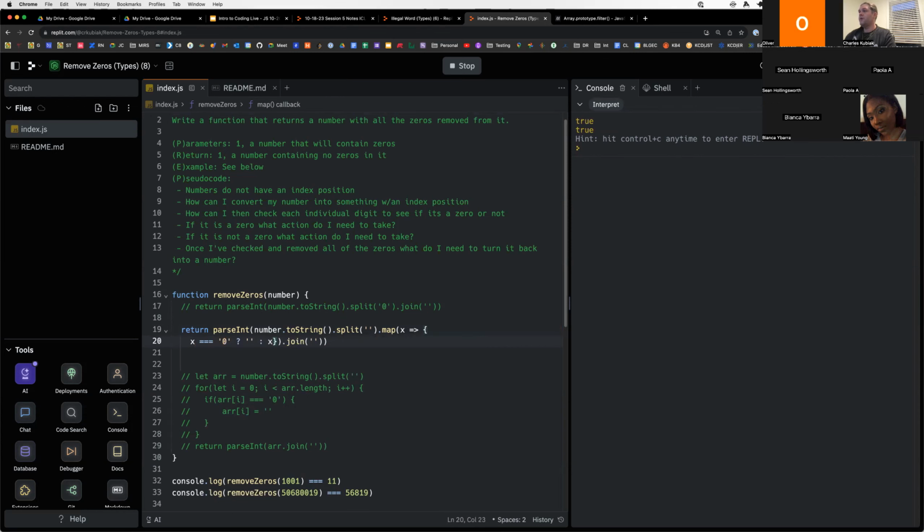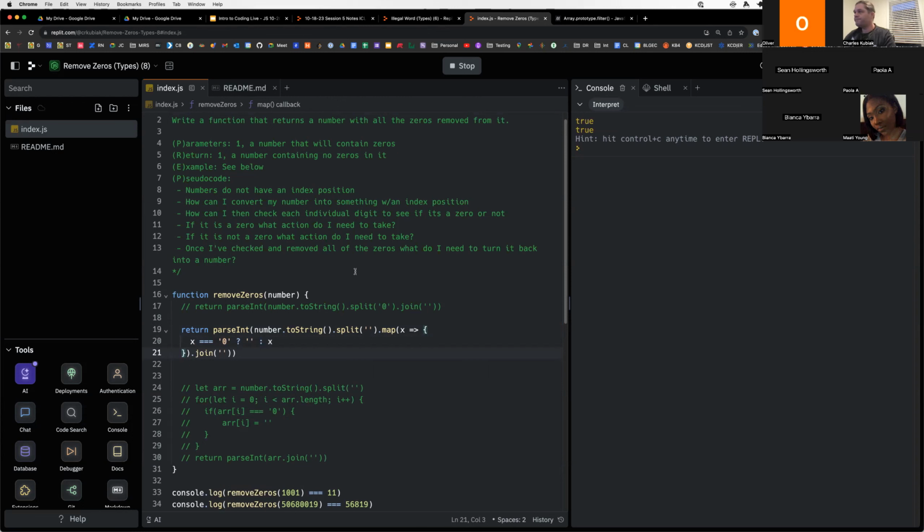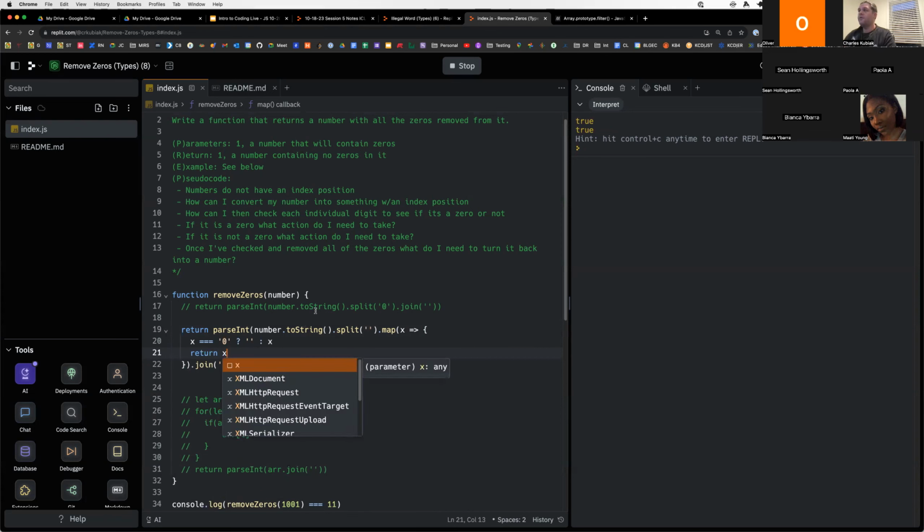Which is basically what I had typed in. Where I screwed up is that when it's on a single line, there is an implicit return. Notice how this function doesn't actually say return. There's a return for the remove zeros, but there's no return for my .map callback function, and you don't need one when it's written on a single line. But once you go to multiple lines, you do need a return in here. And so you would have to add